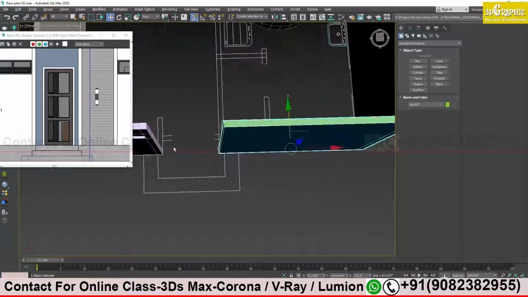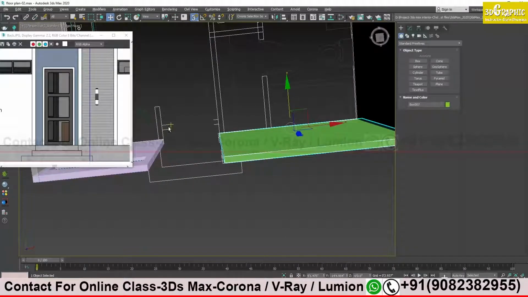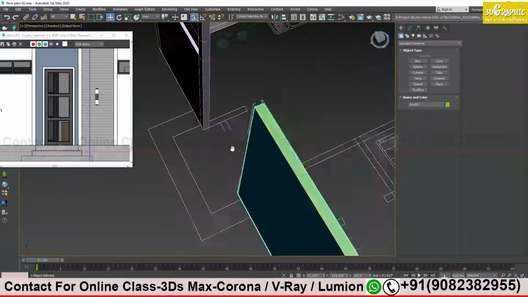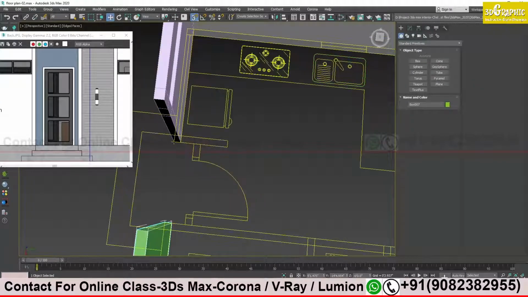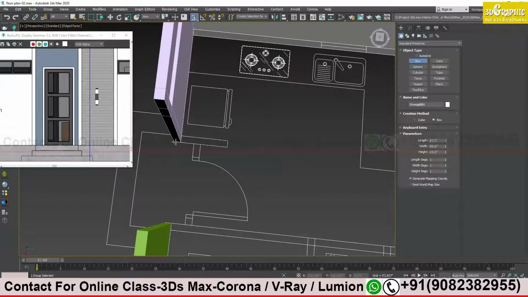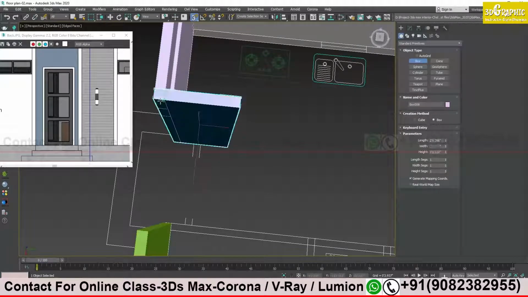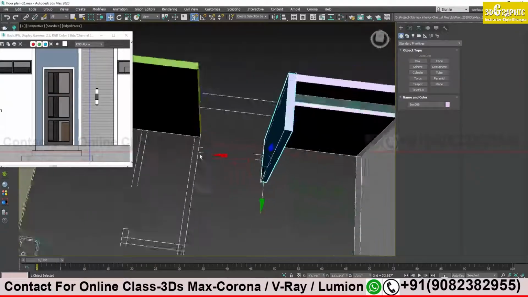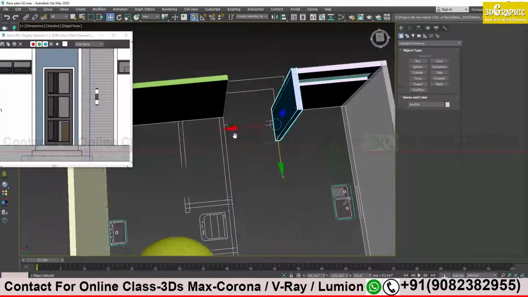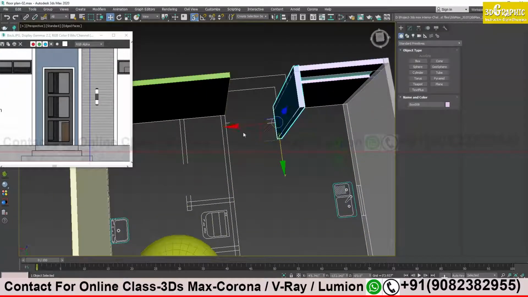Now you see the door is from here. I have to create a wall inside also over here. So again I will take a box. I am snapping to my nearby wall to get the height. Okay, it's simple. And I will repeat the same thing over here.